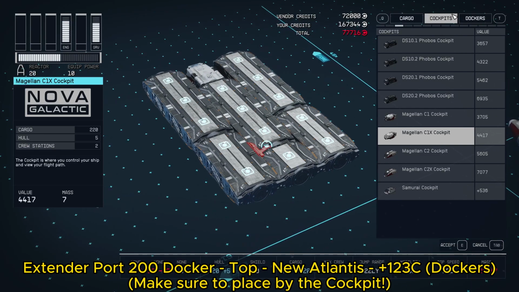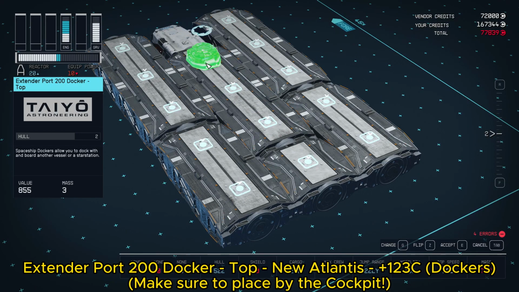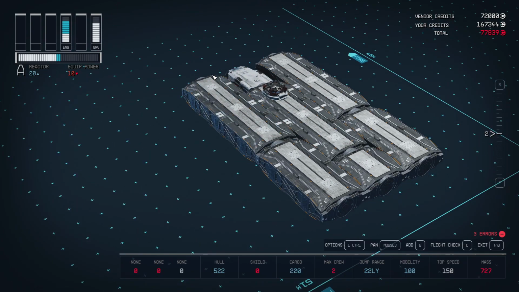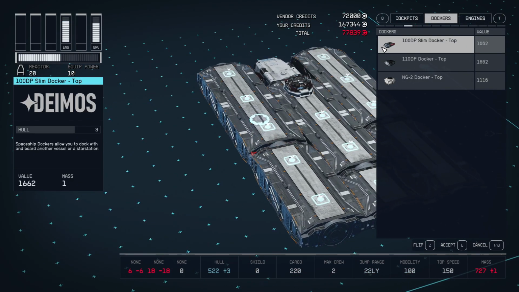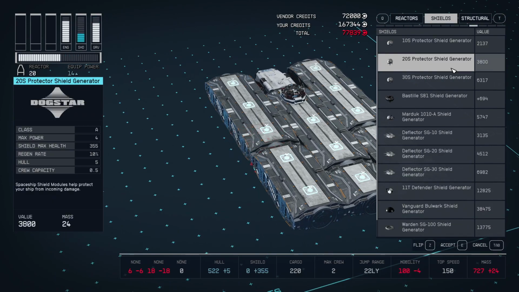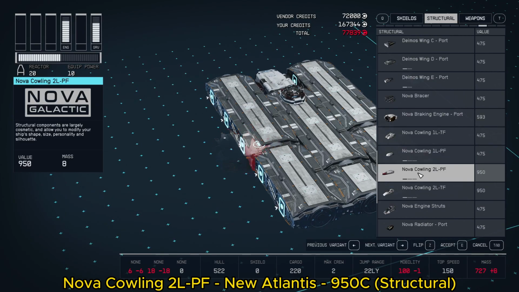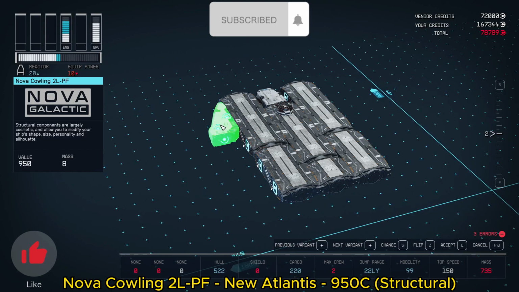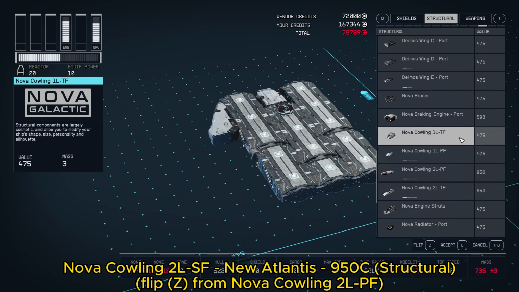Now we need a docker, so you can dock to the space stations, and we're going to use the extender port 200 docker top, and we're going to place it right here. It has to be near the cockpit, be mindful of that. Next up is the sides, so we need to head over to the structural section. Just like our wings, it's going to be similar to the wings, only two things will change. We need the cowlings, the side cowlings, so the Nova Cowling 2LPF for the left side, and then we flip it over by pressing Z for the right side